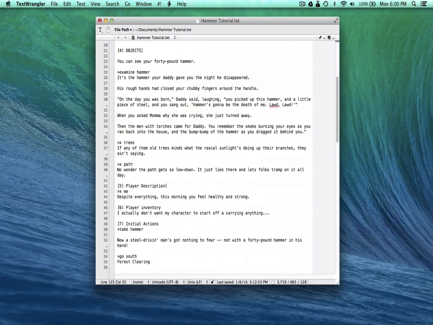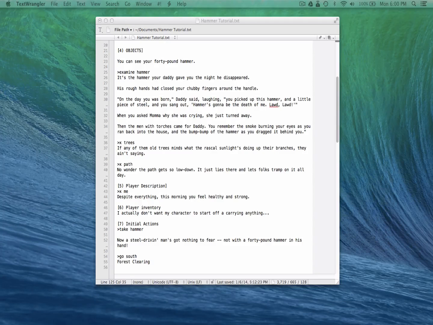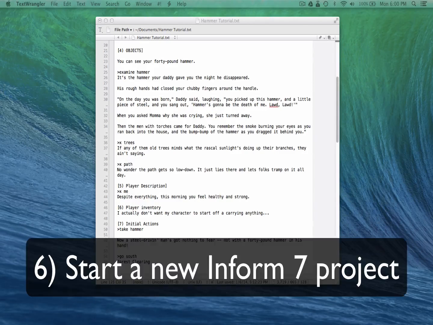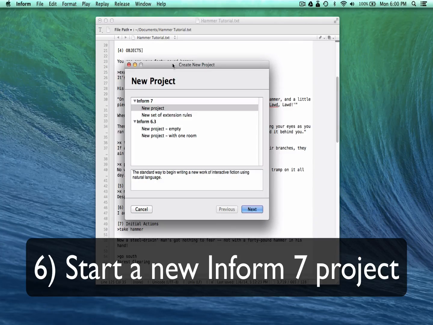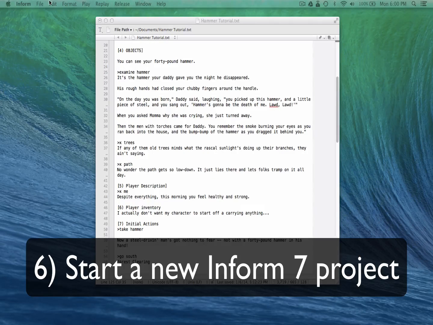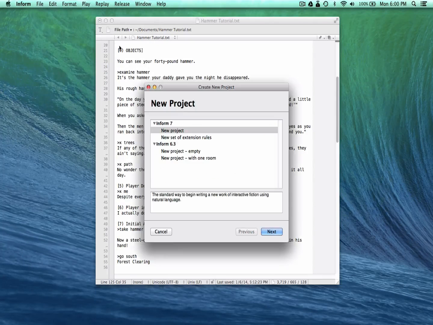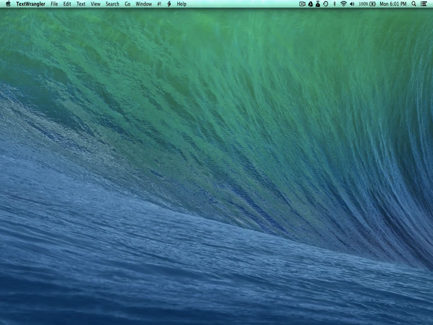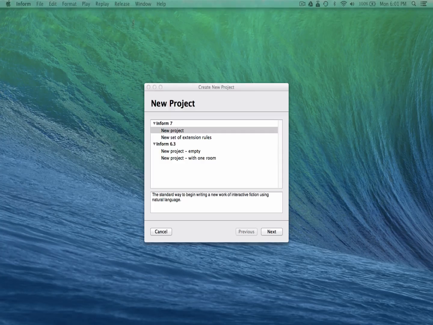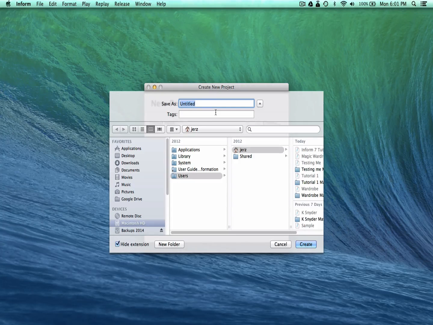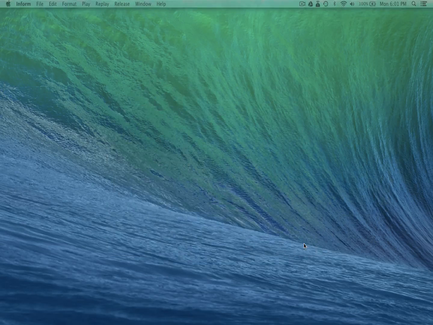Okay, so I am now going to start a new Inform 7 project. Here, I'll just do it from here. We'll do File, New Project. I keep the defaults. I can see this transcript in another window, so I'm going to leave that there, and I'll get my Inform back again. Okay, so here we go. I'll start a new project. I'm going to call this Tutorial 2. We'll create it,